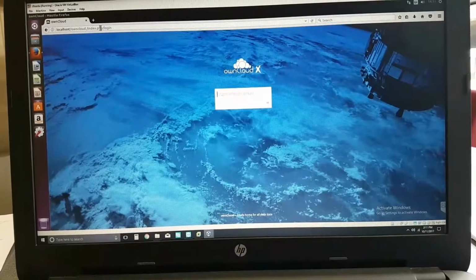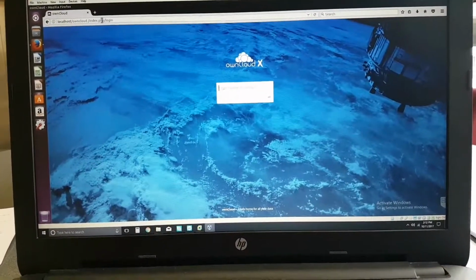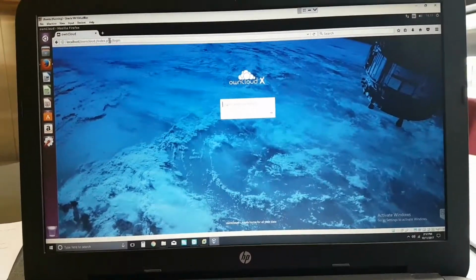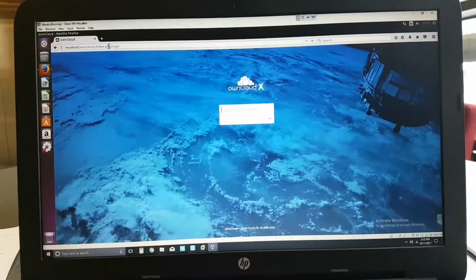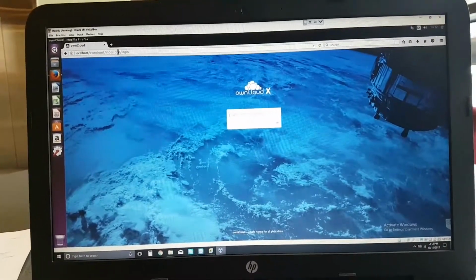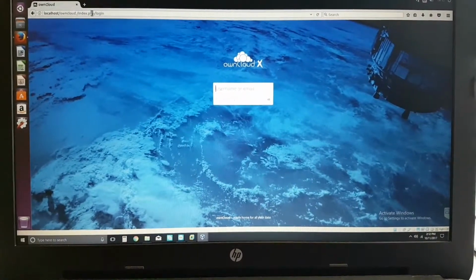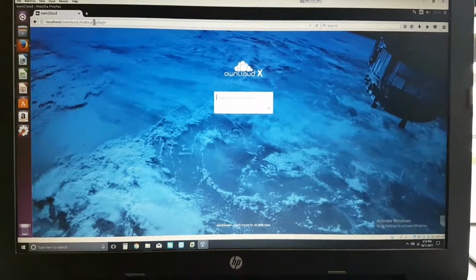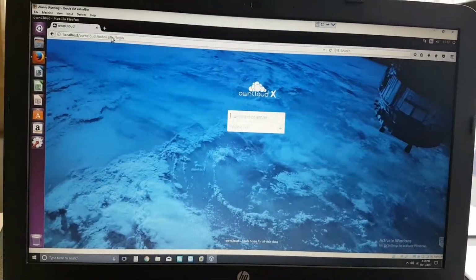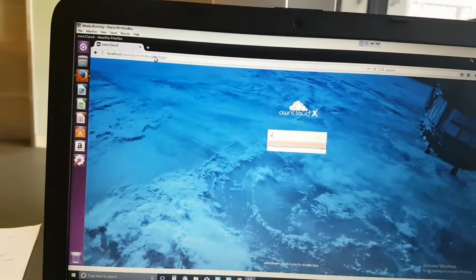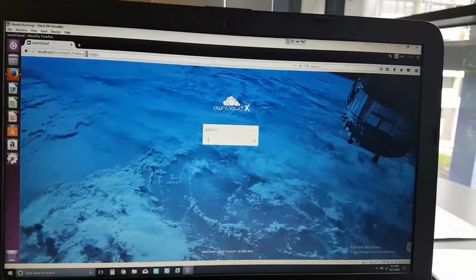So I installed OnCloud on this computer to demonstrate how it works and how it helps in business. I also installed PHP on the system as well, because to run OnCloud you need PHP, which understands the OnCloud commands. Once everything is installed, it's ready to upload the files, and now I will open OnCloud for you. So the username is admin and the password is admin.